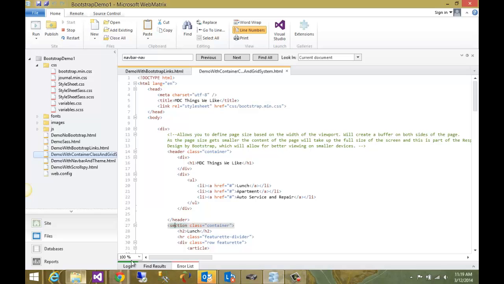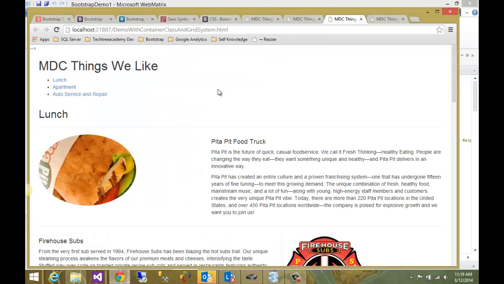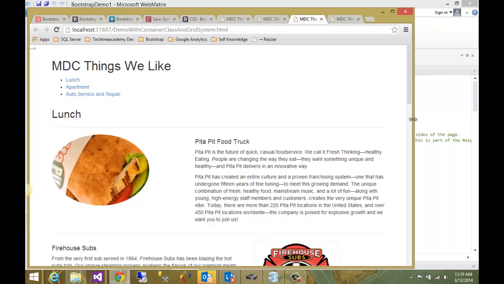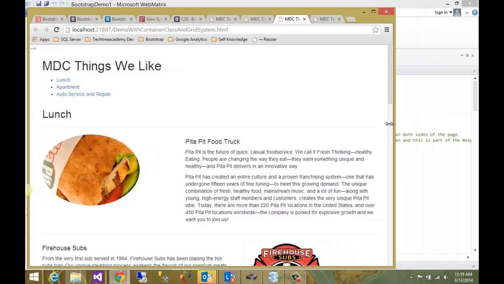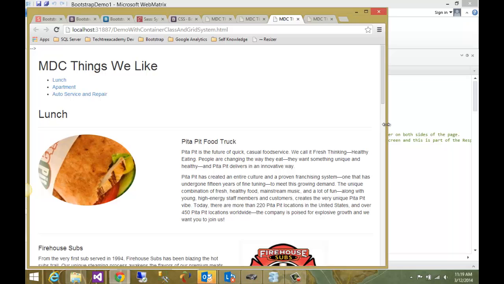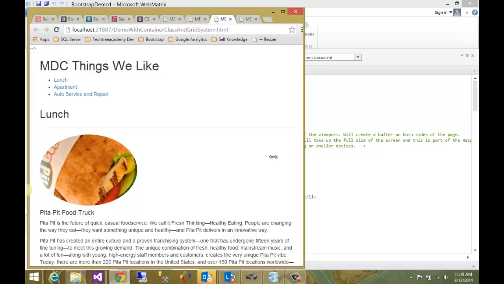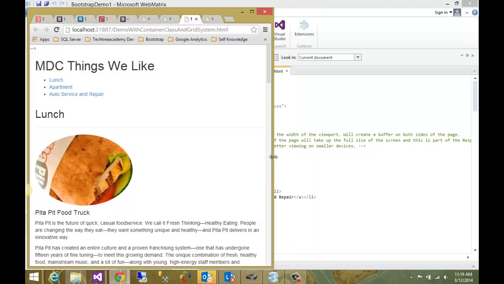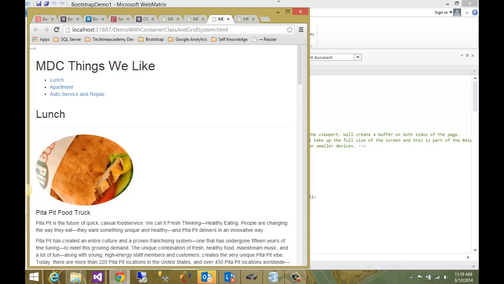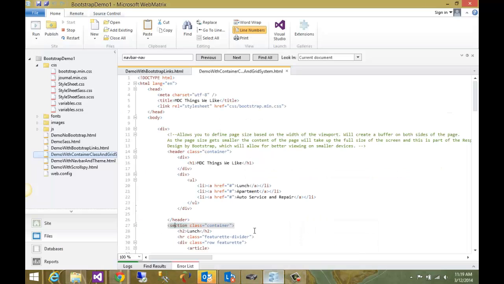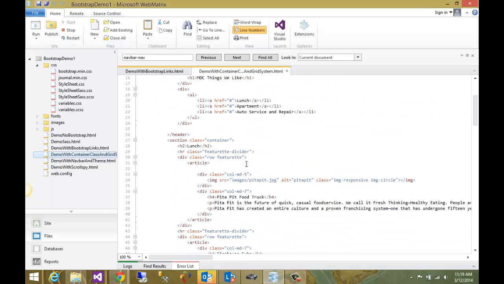Just by doing that, it shifted all my content right in the middle. And as I resize, it adapts and it keeps that padding on both sides. Right? So as I keep going smaller and smaller, it'll just resize with me. The next thing is